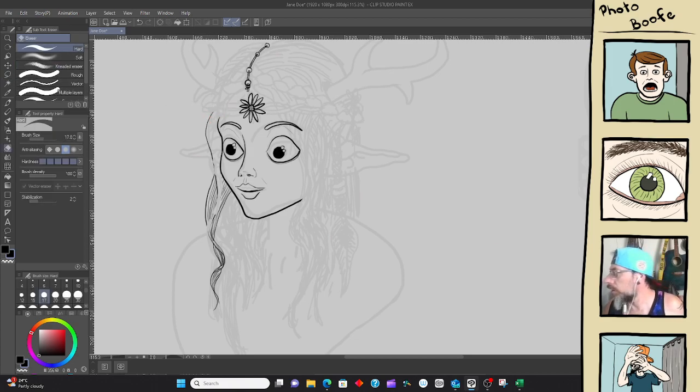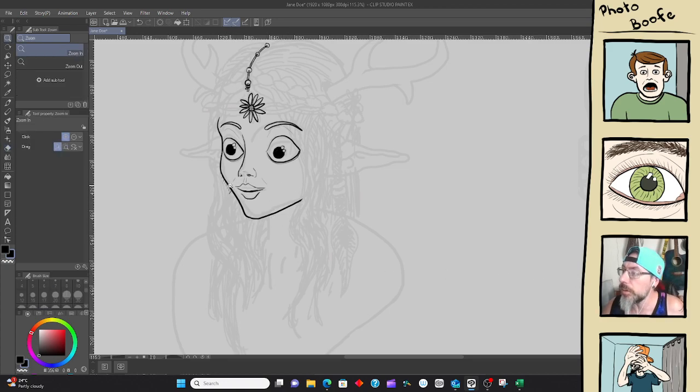This is the layer I don't want the hair on, so I'm just going to go ahead and get rid of it. Again, there's probably a way, like in Photoshop, where you control click on a layer and it selects everything on that layer.